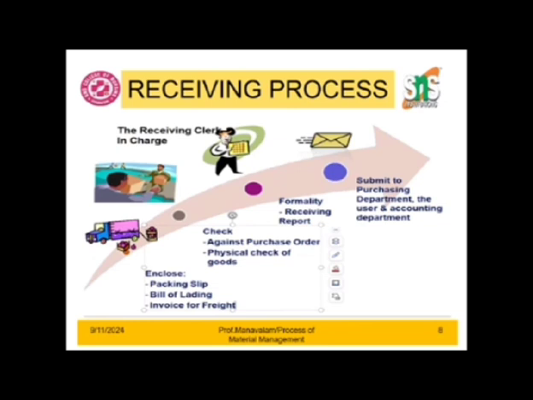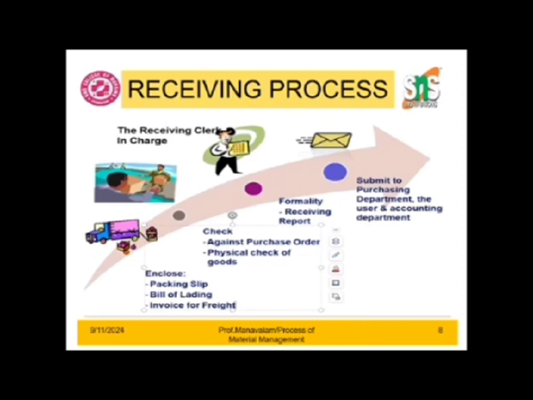So what are the steps involved in the receiving process? First, the seller has to enclose certain things with the material: a packing slip, bill of lading, invoice for freight. These are all the items they have to enclose along with the material and send to the buyer. Next, after receiving from the seller, the buyer, that is the clerk in charge, has